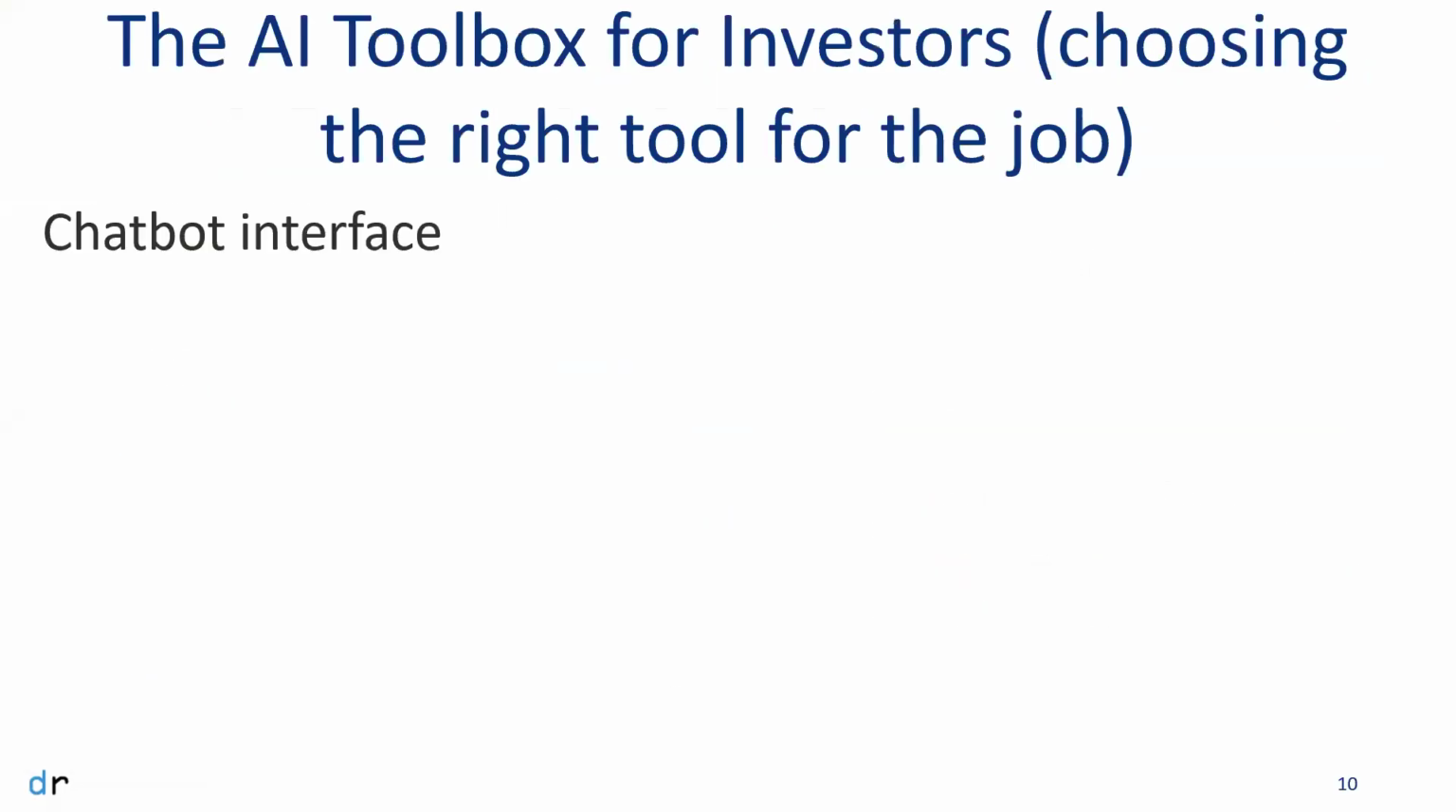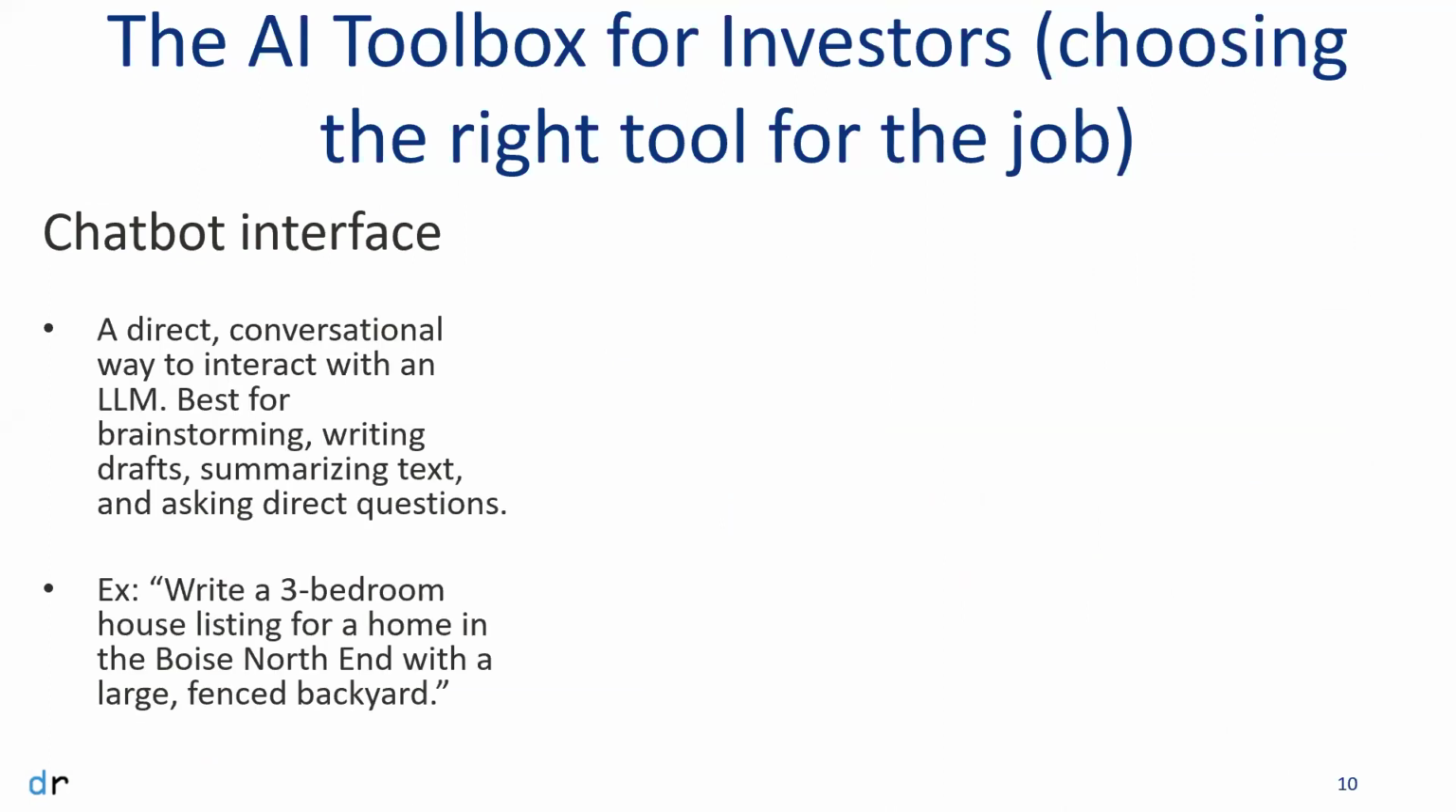Let's get back here. So let's talk about, along these same lines, what tool to pick. You've got essentially three basic choices. The one is the chatbot interface, where you can have a direct conversation with the mainstream LLM. It'll be ChatGPT, Gemini, Grok from X, or one of the others. And you can do things like write a 3-bedroom house listing for a home in the Boise North End with a large fenced backyard. And it will, from its context and knowledge of all the internet that it's scraped, figure out what a house listing looks like and start throwing together a nice sounding description for you. Now, the more details you give it, maybe a bullet list of actual features, the more accurate that will be. But it'll come up with something based on a generic understanding of what a North End house in Boise might look like, which, as you know, could be highly variable